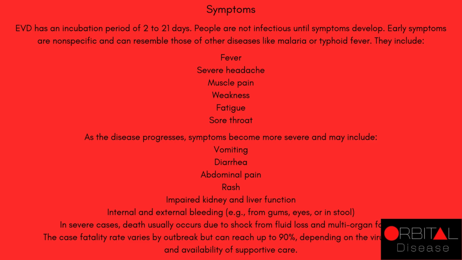As the disease progresses, symptoms become more severe and may include vomiting, diarrhea, abdominal pain, rash, impaired kidney and liver function, internal and external bleeding, for example from gums, eyes, or in stool. In severe cases, death usually occurs due to shock from fluid loss and multi-organ failure. The case fatality rate varies by outbreak but can reach up to 90%, depending on the virus species and availability